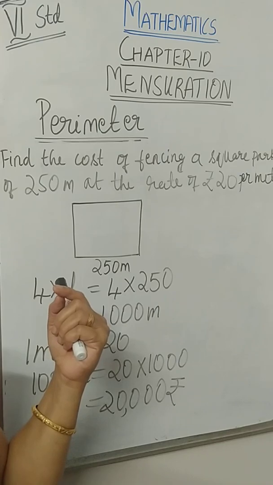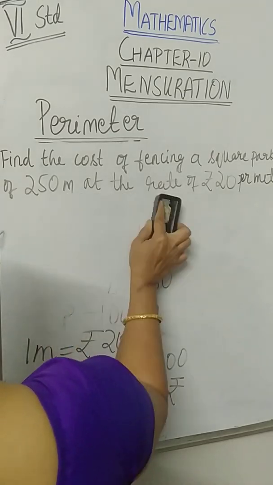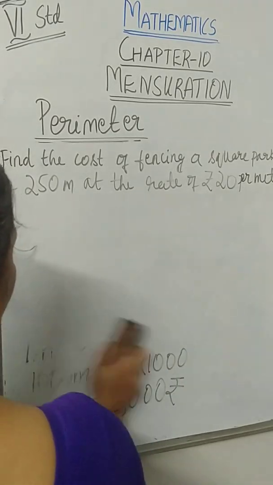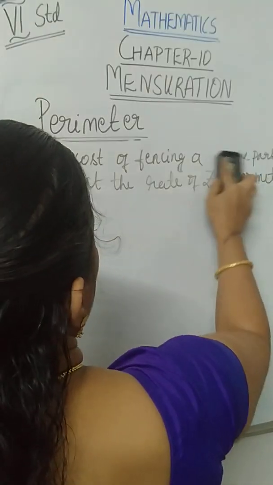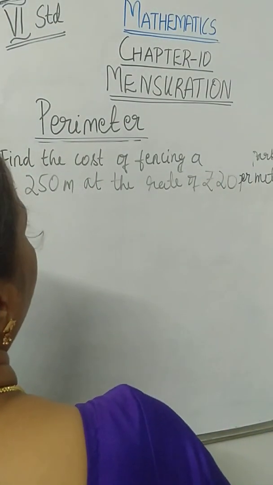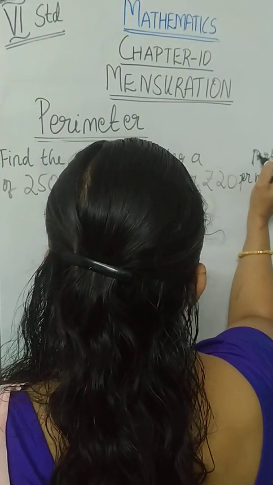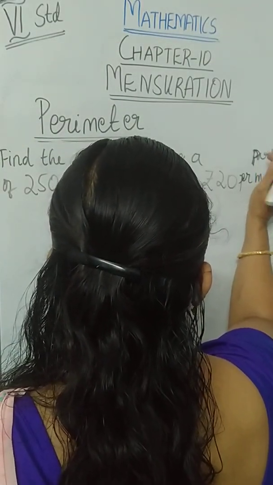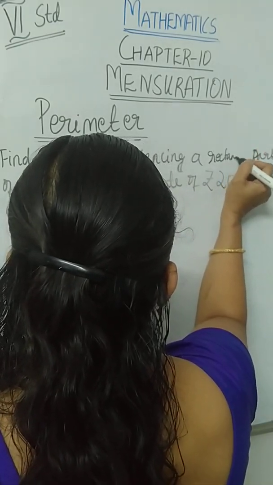Now I will show you another example. Same thing. Here, instead of square park, let us consider the rectangular park. It need not be a park, it can be anything. It can be an empty playground or something. Rectangular park, okay?